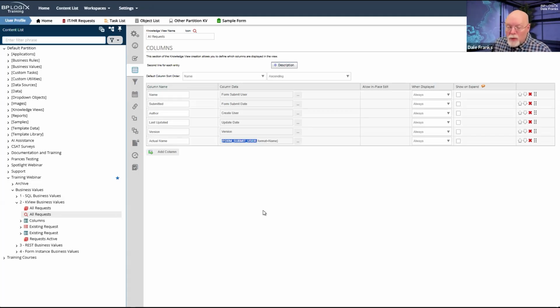So if you're going to use a knowledge view as a business value data source, that's fine with some caveats. Number one, the one we've been talking about: remember, any system variable that returns a GUID or an actual value will return that GUID or the actual value in the business value, even though the knowledge view itself will display as you expect. Knowledge views want to help you. Business values want to give you exactly what you've asked them for. So keep that in mind.